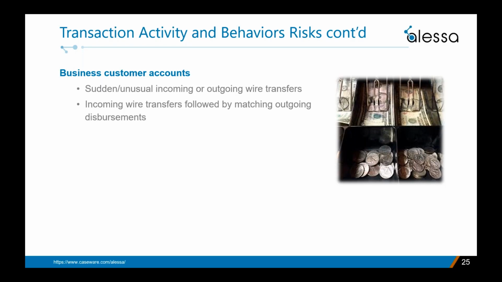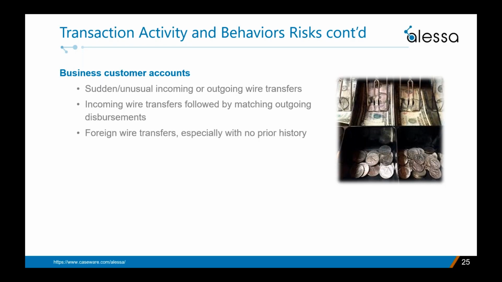Or, and I saw this a lot, it could be a fraud situation where your client account holder has a small business and they've fallen for a scam where they believe they can make some easy money by receiving funds into their account and then sending that money elsewhere, and they're allowed to keep 10% for their quote unquote fee.